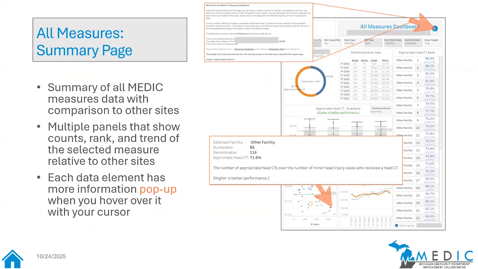I cannot emphasize this enough, but many of the questions that you might have about a particular element will be answered by a hover tab. You just put your cursor over the thing that you're interested in, something will pop up and tell you a little bit about the data that makes up that particular element. If it's a metric target, it'll tell you about that, whether up or down is good, that sort of thing. And then there's a little I button in the corner that tells you a little bit about that view in general.